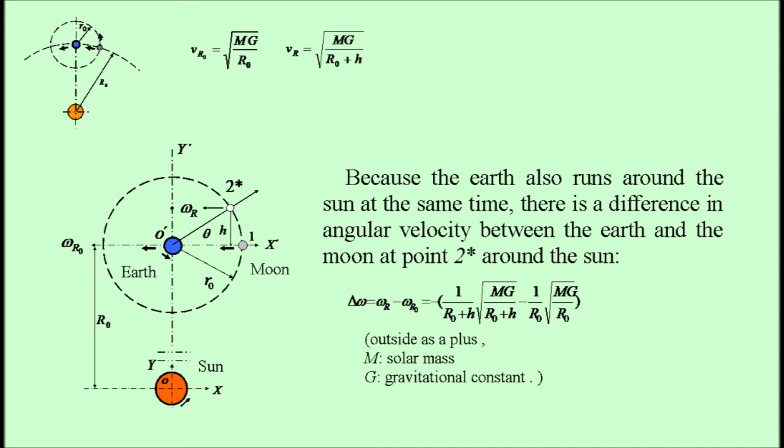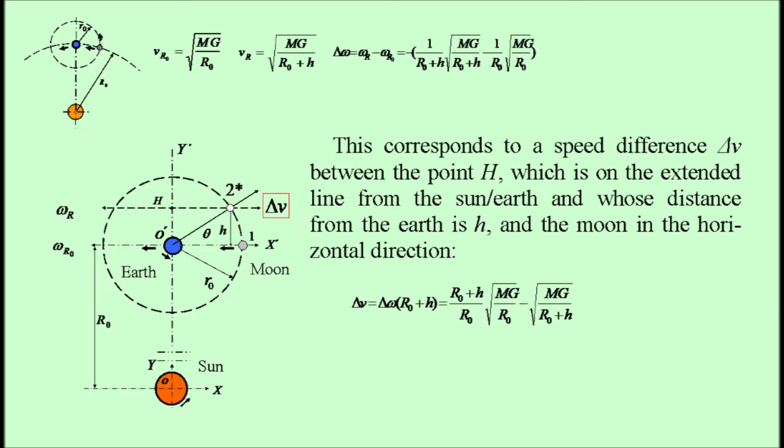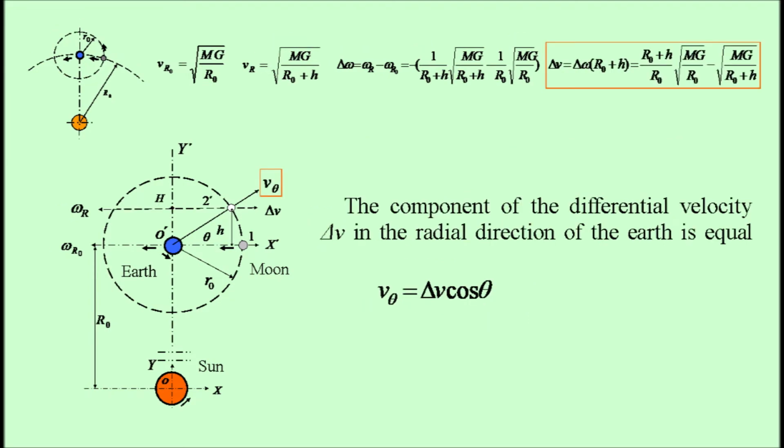Because the Earth also runs around the Sun at the same time, there is a difference in angular velocity between the Earth and the Moon at point 2*, around the Sun. This corresponds to a speed difference delta v between the point h, which is on the extended line from the Sun Earth and whose distance from the Earth is h, and the Moon in the horizontal direction. The component of the differential velocity delta v in the radial direction of the Earth is equal to